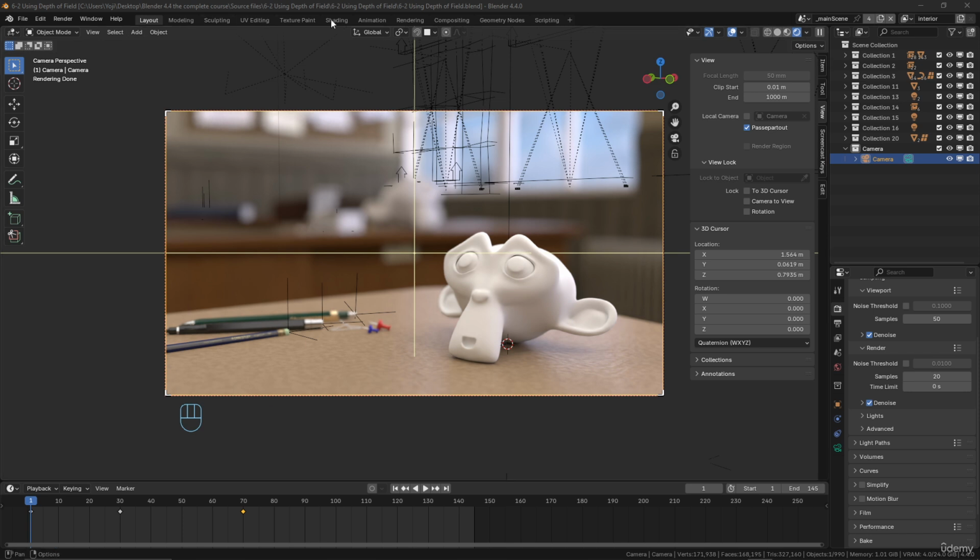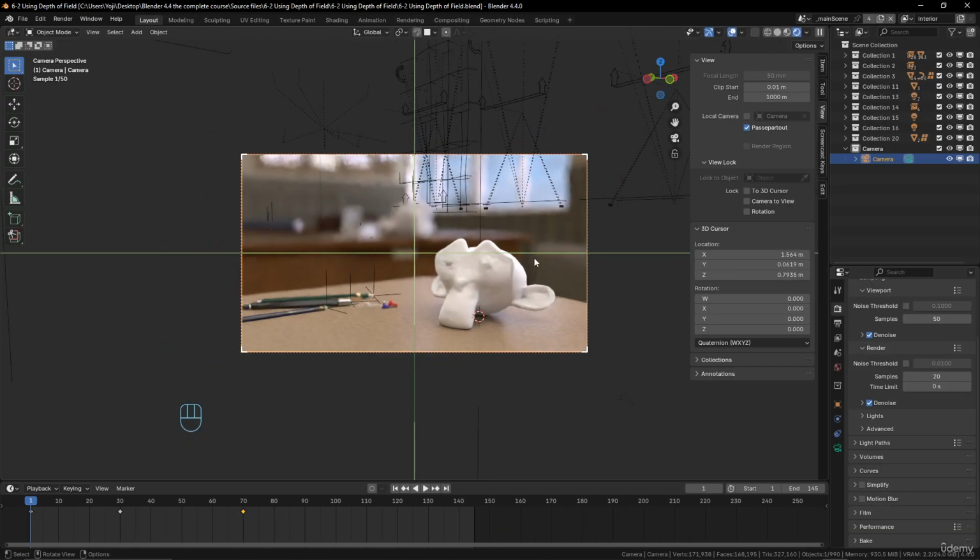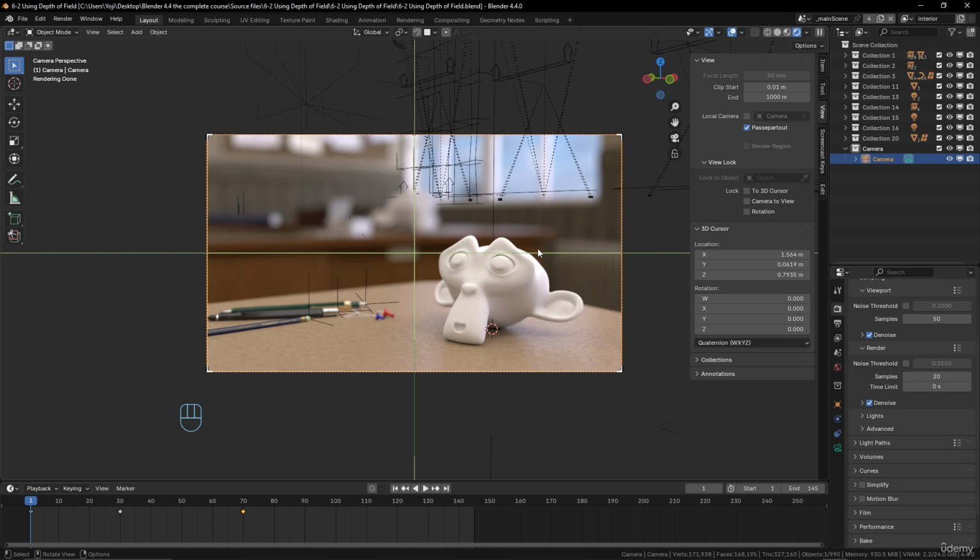So here you have a rendering interface that is well done for it. So what you will do when you want to make a render, you go into this and you press F12 to make your render, or you go there into render and render image, okay? And you can see the shortcut is F12. So when you make here